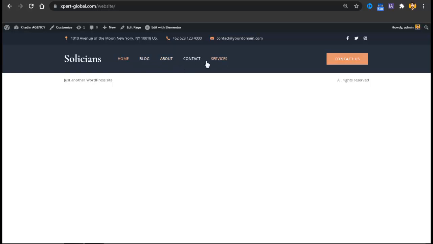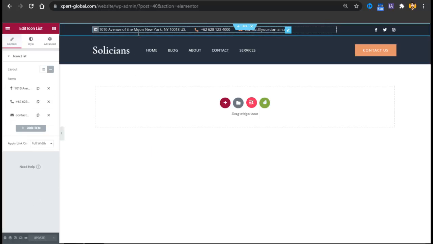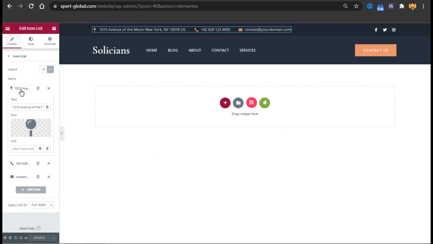And here you can see we have the header updated, and now we'll have to change the address, the phone number and all that stuff. Elementor is nothing technical. Elementor is not rocket science. It's a lot easy. You just have to click on that element, go there and edit the stuff. Now if you want to change the text here, just add any text here. I'll just reset it because I'm adding a lot of dummy text.